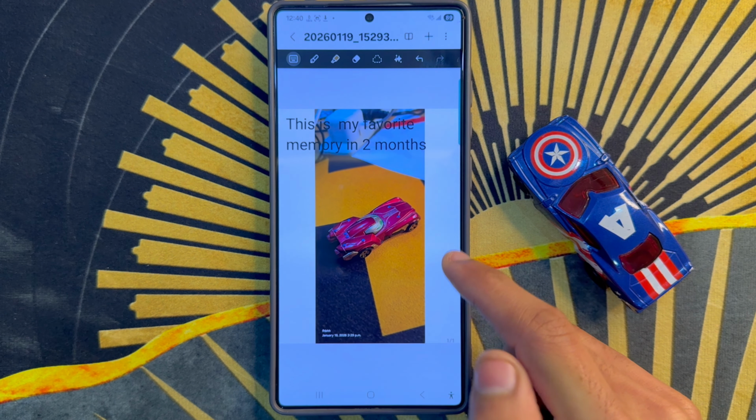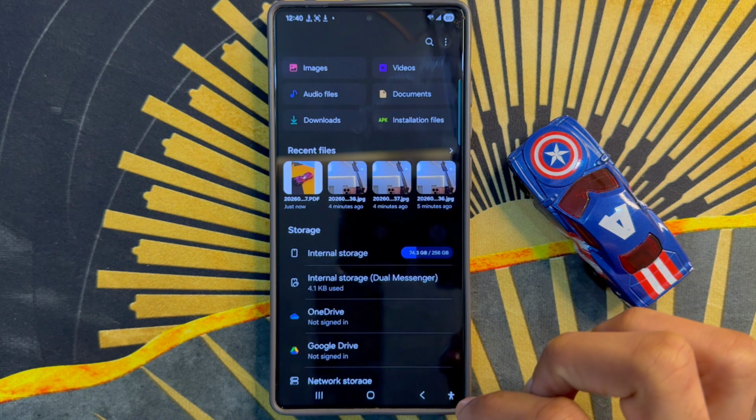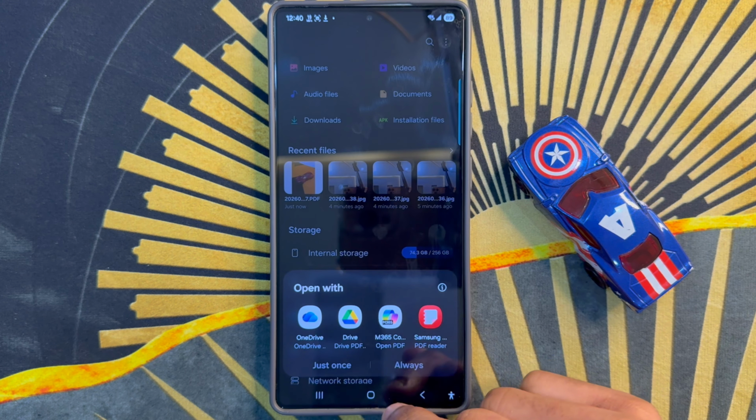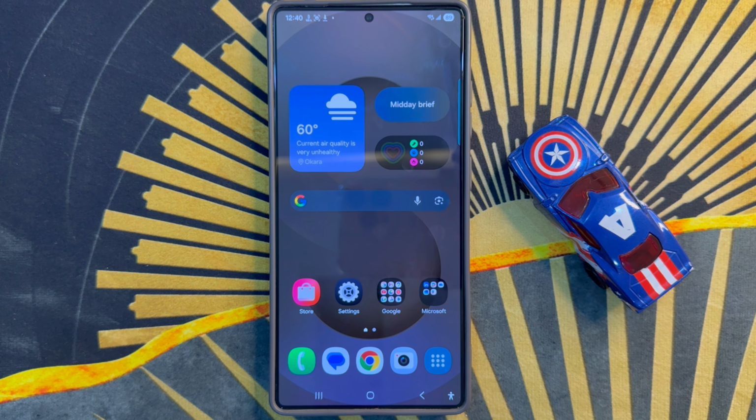And click on go back, so you will see. After the process, go back to home screen. So that's how you can save a photo in picture gallery as a PDF document on